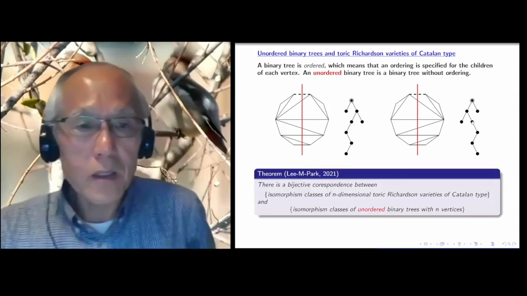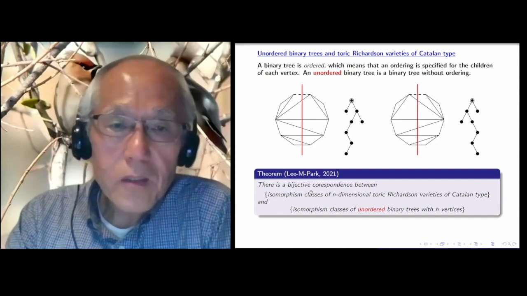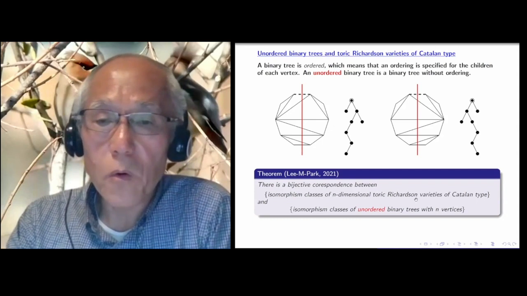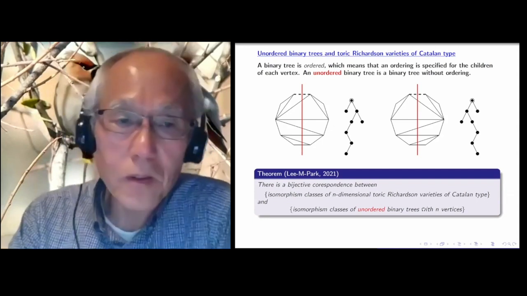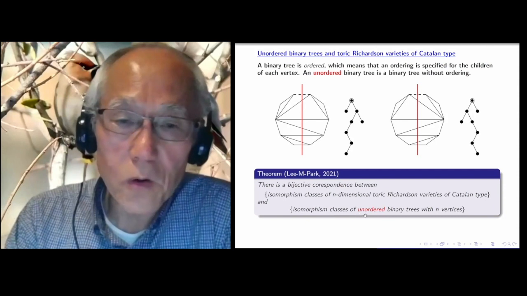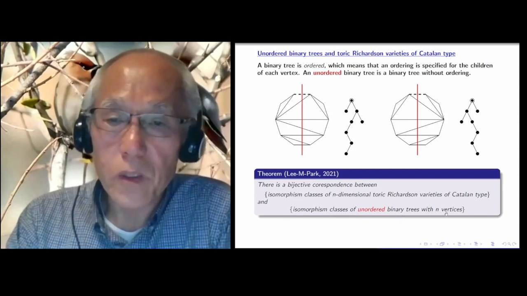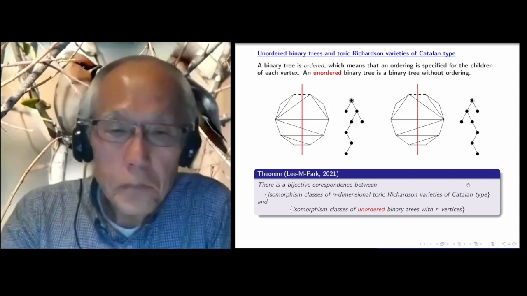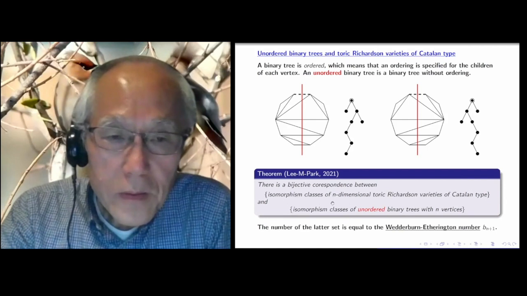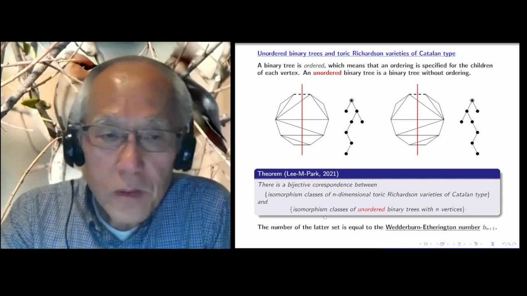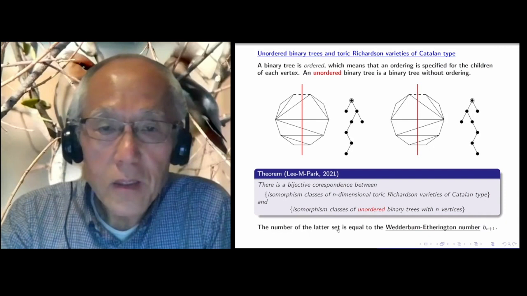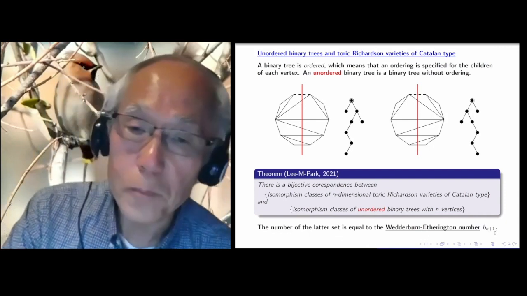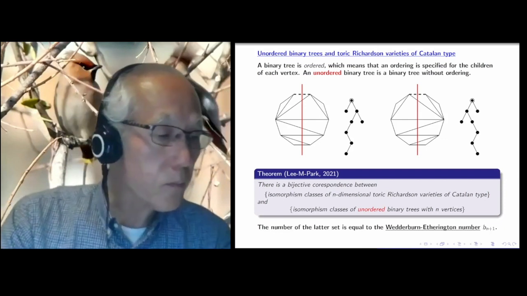Okay, so now here is our main result. There is a bijective correspondence between the isomorphism classes of n-dimensional toric Richardson varieties of Catalan type and isomorphism classes of unordered binary trees with n vertices. And the number of the latter set is known to be equal to the Wedderburn-Etherington number B_{n+1}. So now I explain what